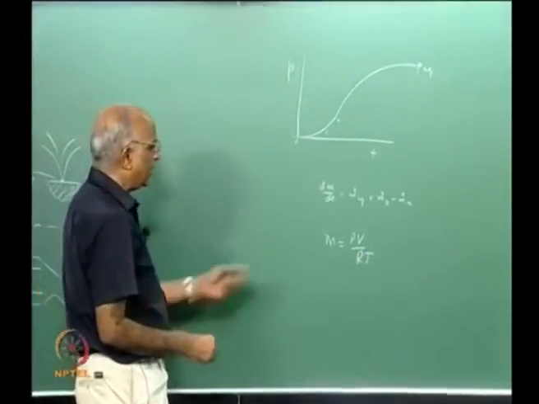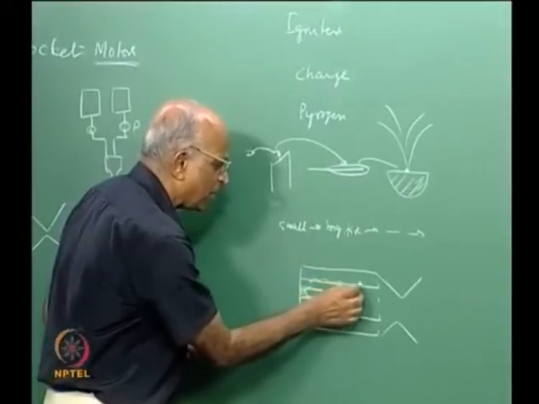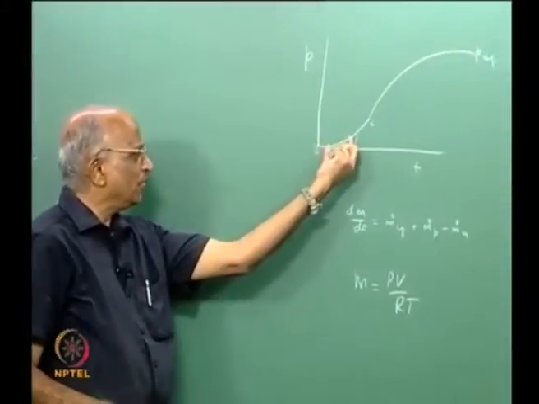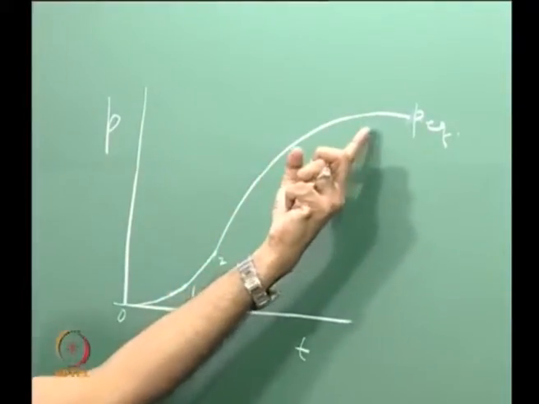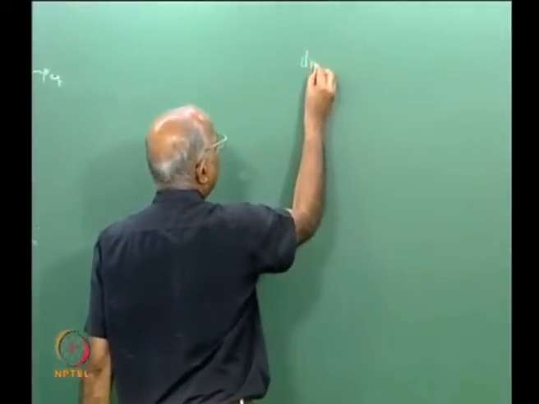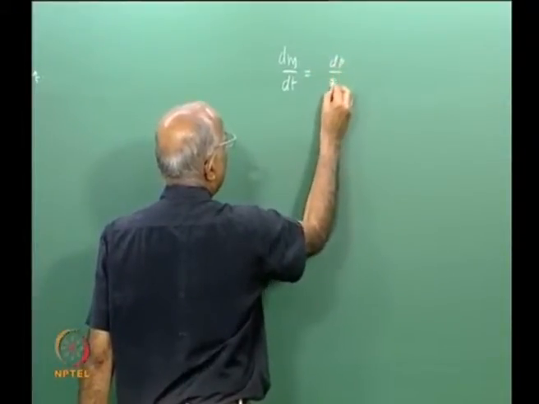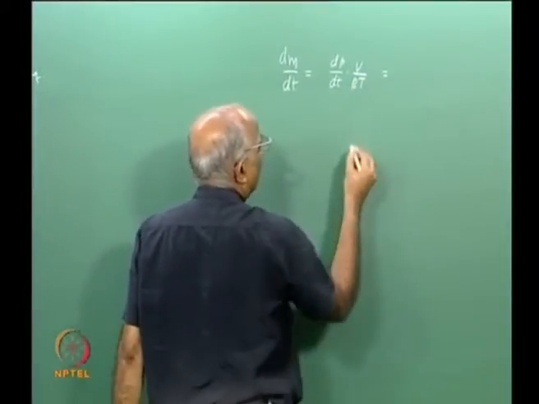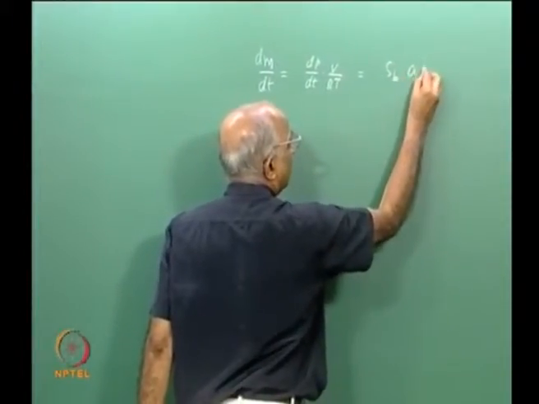And we took the simple case wherein dm by dt corresponds to the condition when the entire surface of the propellant has just got ignited, that is, point 2, local ignition of a small surface followed by the entire surface getting ignited, and we were able to get the equation to this curve. And what was the equation? We told ourselves, well, I write dm by dt, and you see how simple it is. m is equal to PV by RT, that is dP by dt, into V by RT (volume is constant), is equal to, what is happening now, the entire surface is burning, Sb into r, where r is equal to a P to the power n,